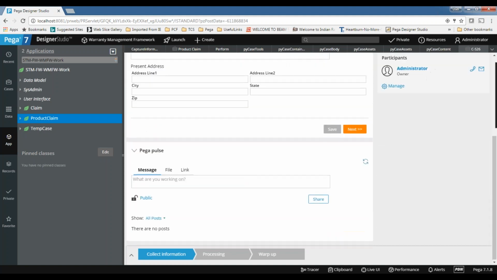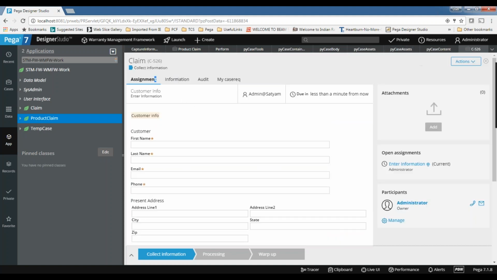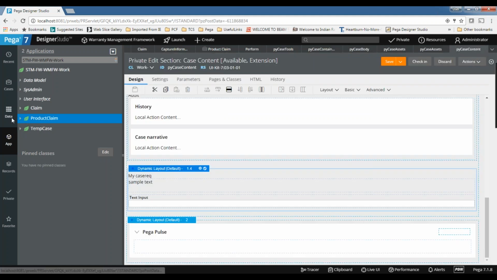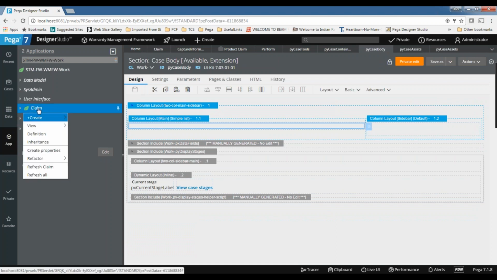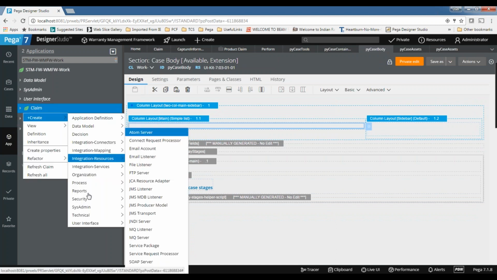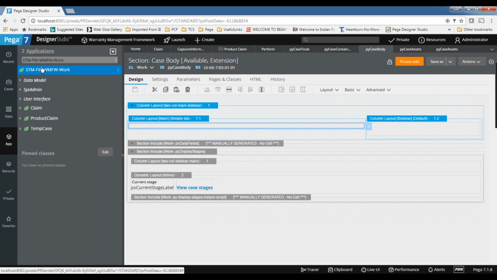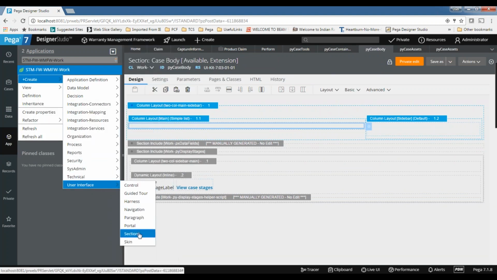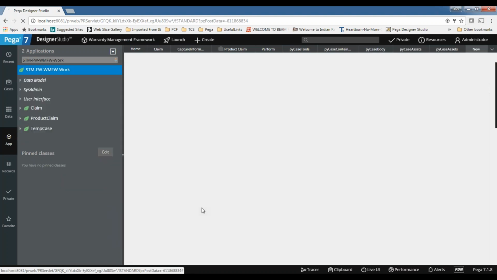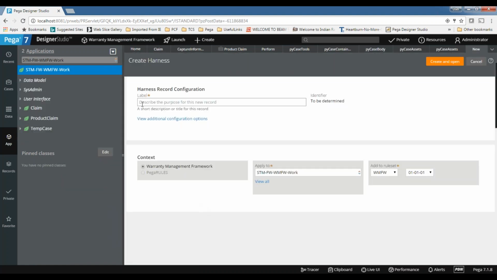You can do customization for the harnesses. If you want to create a new harness altogether with a new name, go to the category where you want to create it. Harness is also part of the user interface. Go to harness here, give some name, my harness.